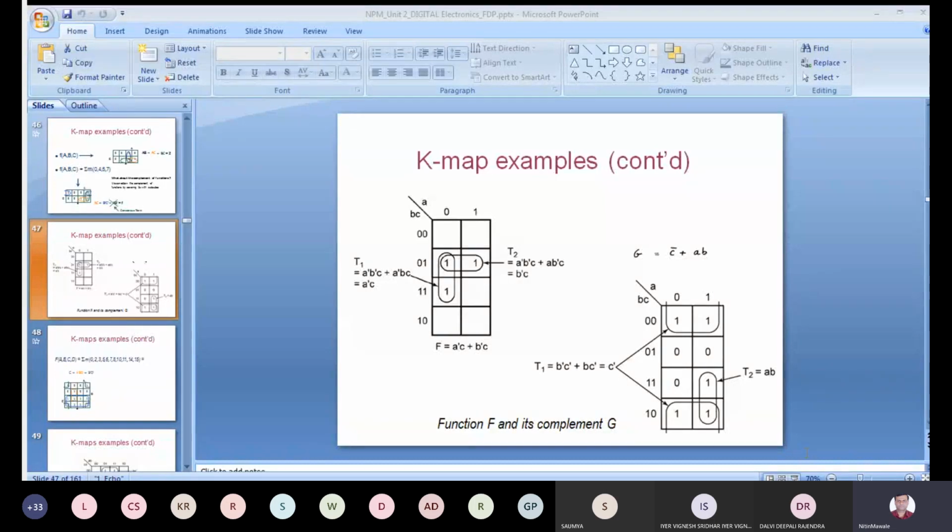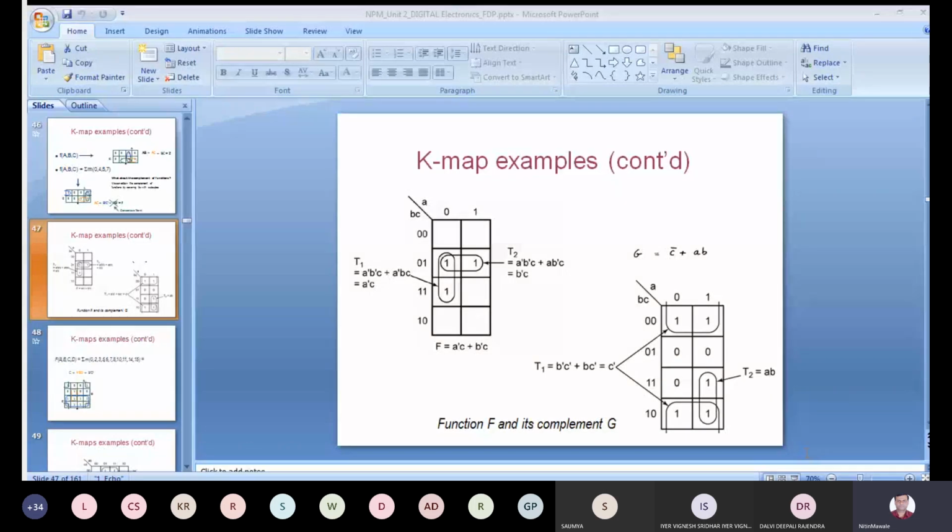And while entering the cell numbers, you should make sure that the notation you are using for cell numbers is small, smaller than whatever you are entering for min terms. Otherwise some student may consider that 1 as a min term, but that is not a min term. That is actually a cell number. So please make sure that you are using the correct notations. Only left hand side top corner and small letters only for cell numbers. Okay, now go for the quad first.